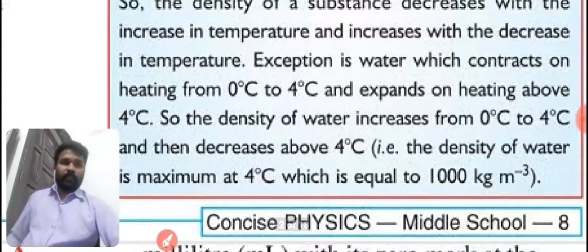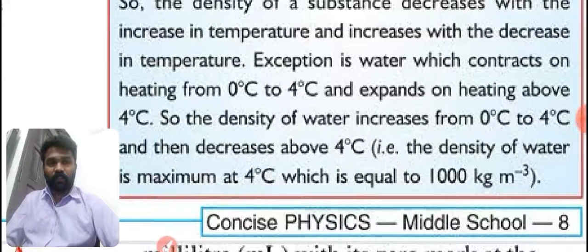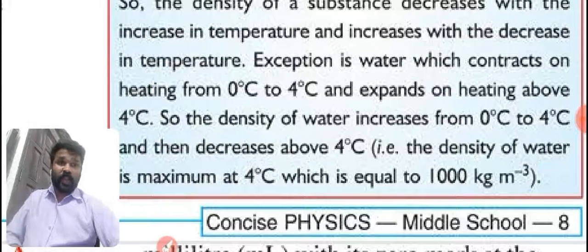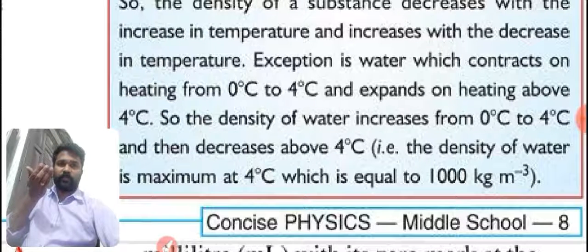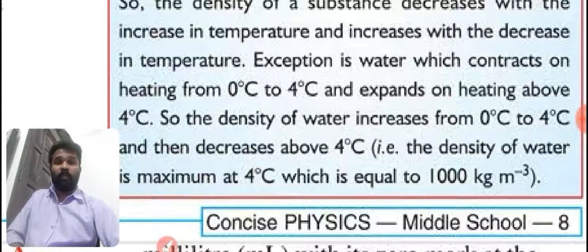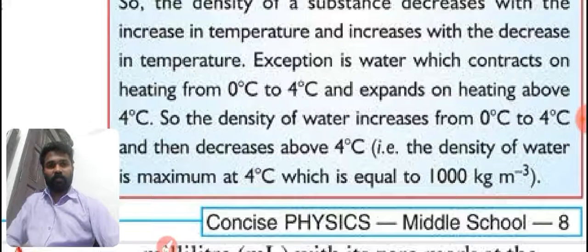In case of water, which contracts on heating from 0 degrees Celsius to 4 degrees Celsius and expands on heating above 4 degrees Celsius. So the density of water increases from 0 degrees Celsius to 4 degrees Celsius and then decreases above 4 degrees Celsius. That is, the density of water is maximum